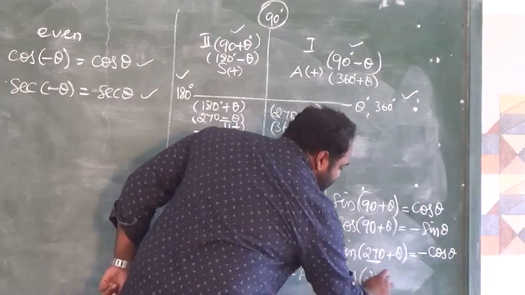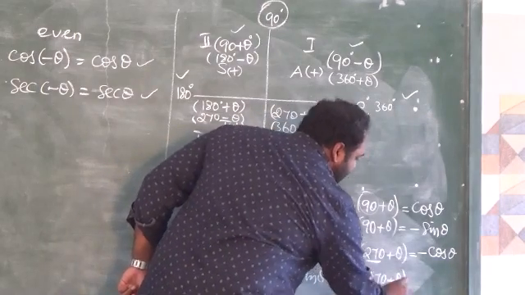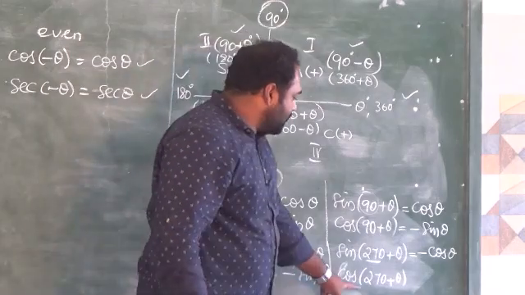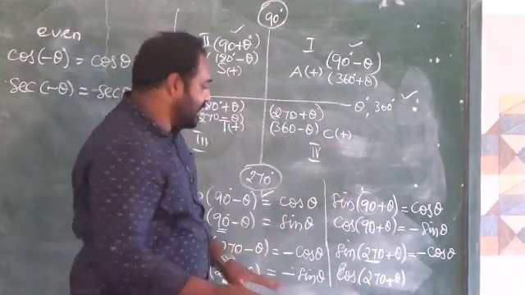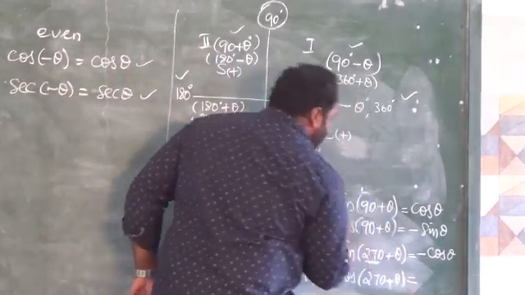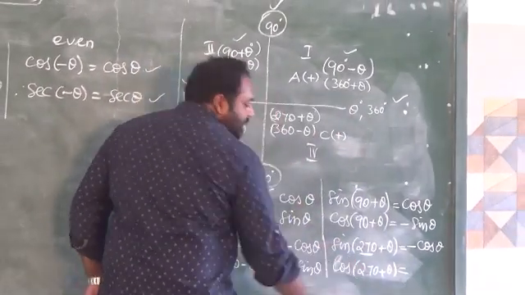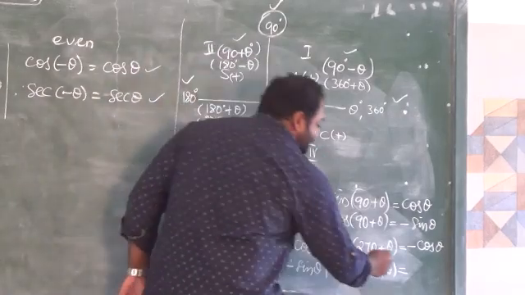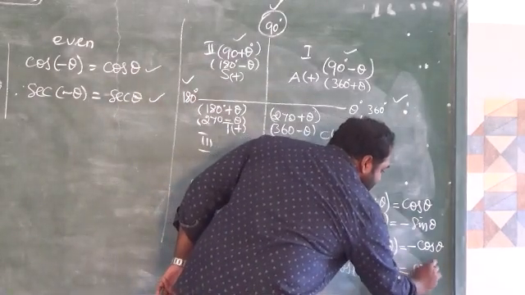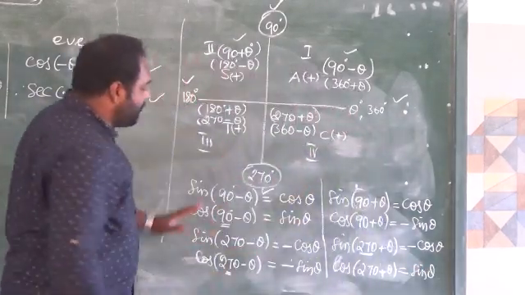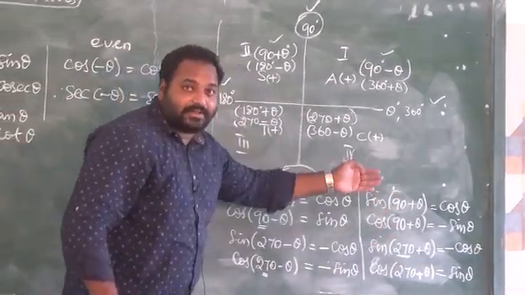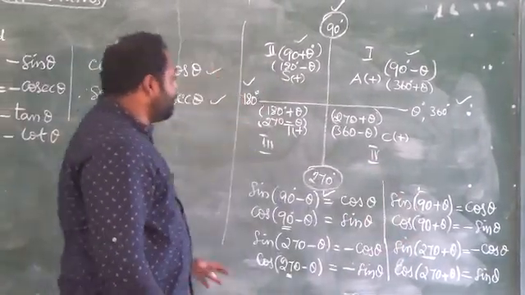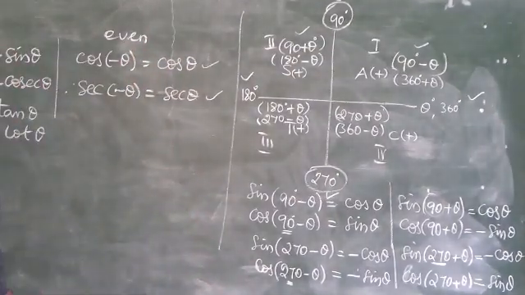Cos of 270 plus theta. First check the quadrant, which is fourth quadrant, cos positive, so there is no change in the sign. Next go for 270. Since it is 270, we have to change the co-ratio, it is sin theta. So this is the way of finding the value when you are given values like this. Next we can go for some other ratios.